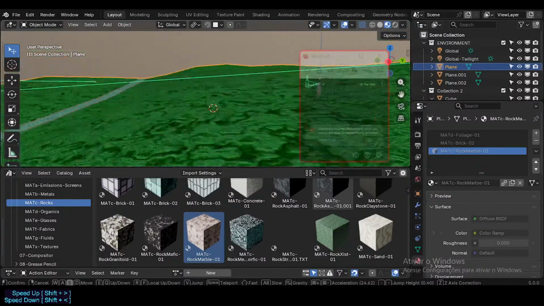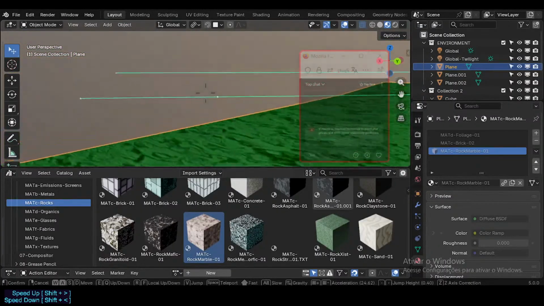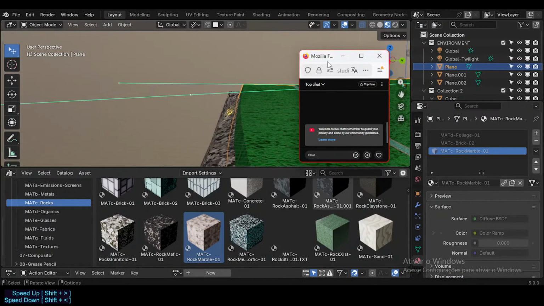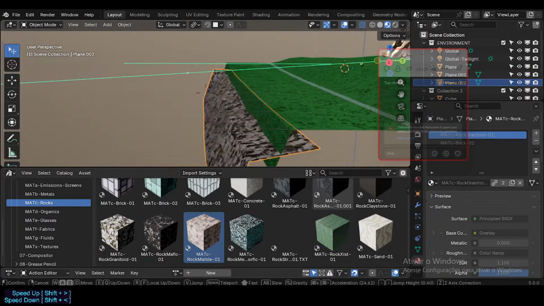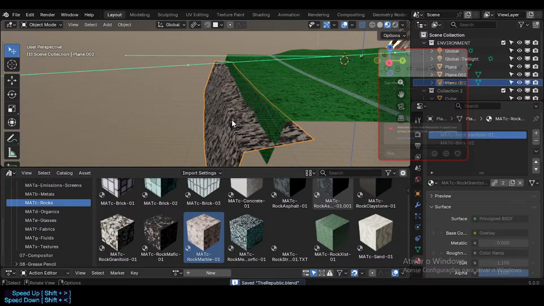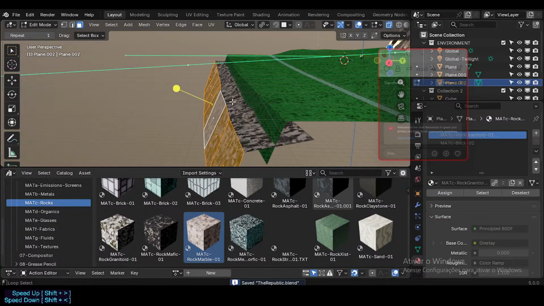Okay, then let's skip this one. This one is nice. And then we gonna augment this a little more, because the scale